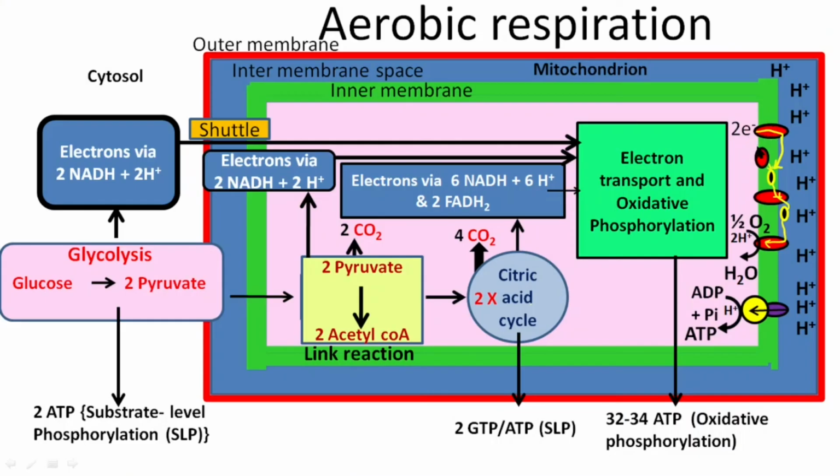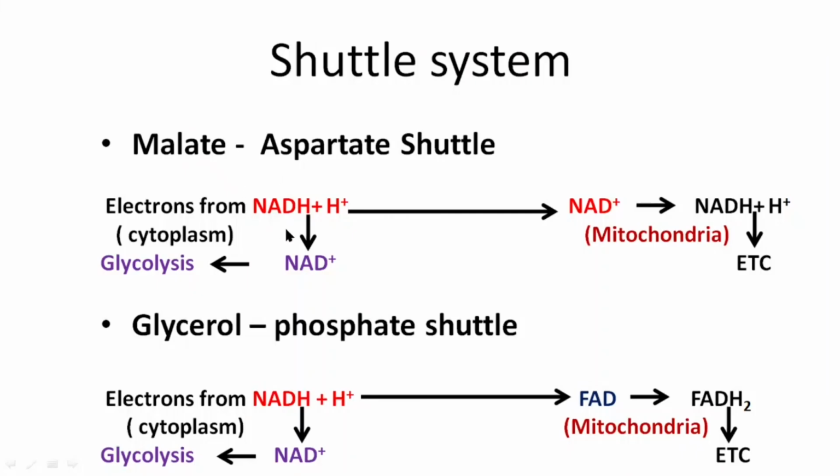As complexes involved in electron transport chain are distributed throughout inner membrane of mitochondria, NADH molecules produced within the matrix can easily reach these complexes. Now let's see how NADH molecules produced in the cytosol give away the electrons through shuttle system into mitochondria. NADH produced in the cytosol cannot enter into the mitochondria as membrane of mitochondria is impermeable. They pass on the electrons through shuttle systems. There are two shuttle systems. One is malate aspartate shuttle. Second one is glycerol phosphate shuttle.